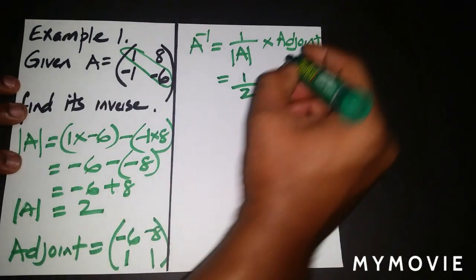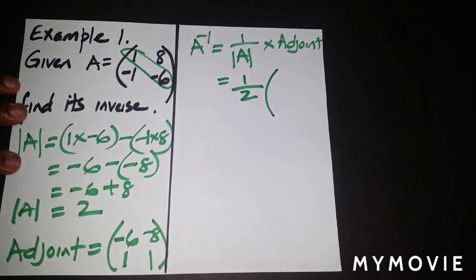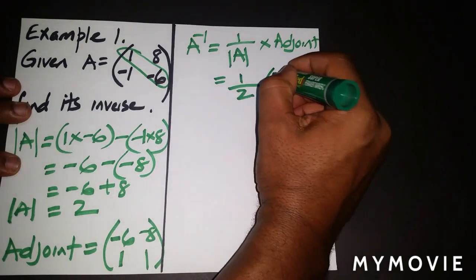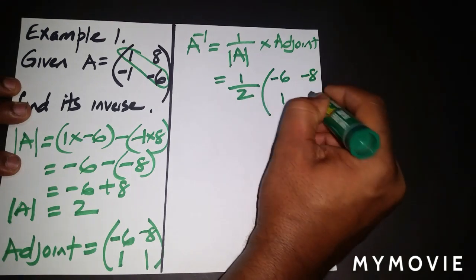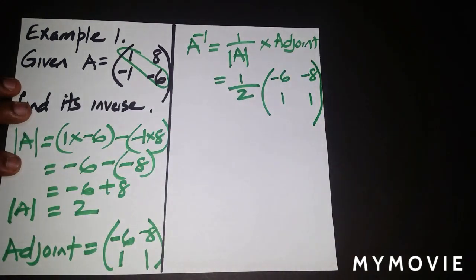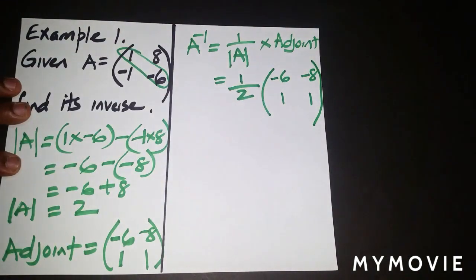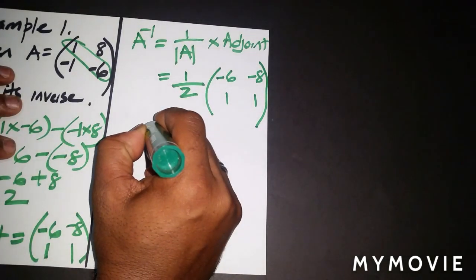So we have 1 over 2 times the adjoint, and the adjoint is this matrix. So this would be -6, -8, 1, and 1. So all we need to do is scalar multiplication. Each of these 4 elements will be multiplied by a half. So this is simply